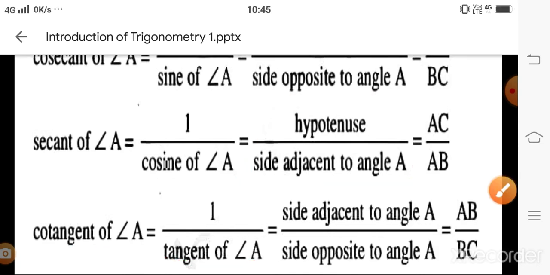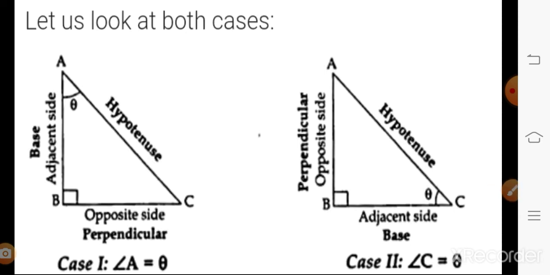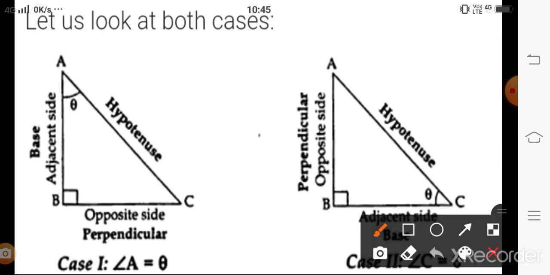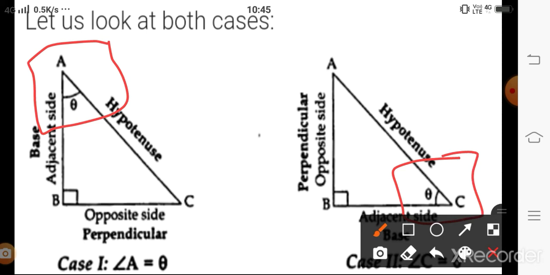Now by using these concepts, if you consider the two right triangles, then on the basis of the angle, the perpendicular and base will change. The hypotenuse will remain the same. If you consider the right triangle ABC in the diagram, in the first one I am taking the angle as A, and in the second one I am taking the angle as C. According to these angles we get the values of the trigonometric ratios, and we have to find what these values are.